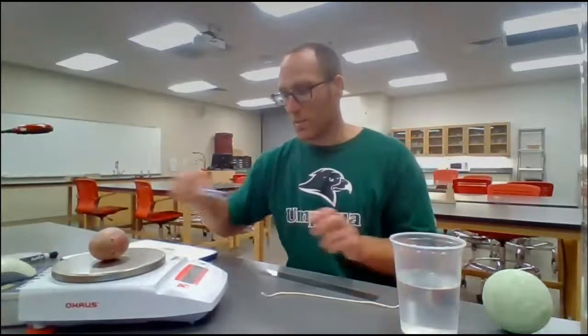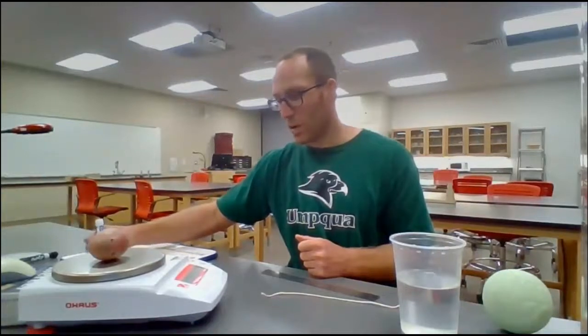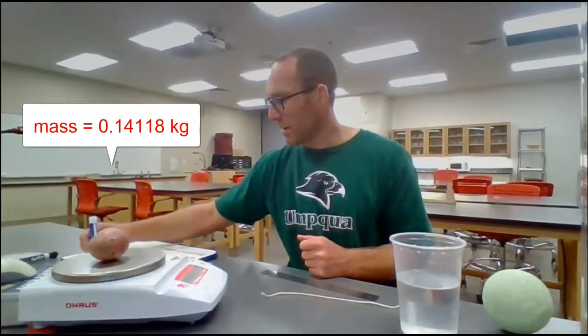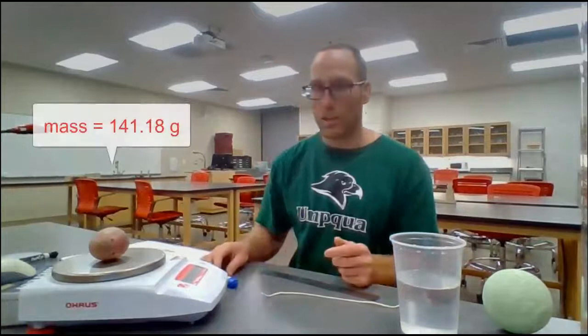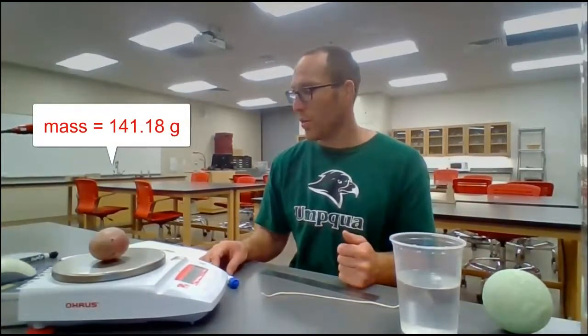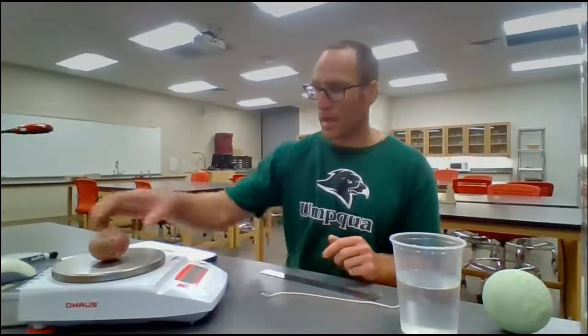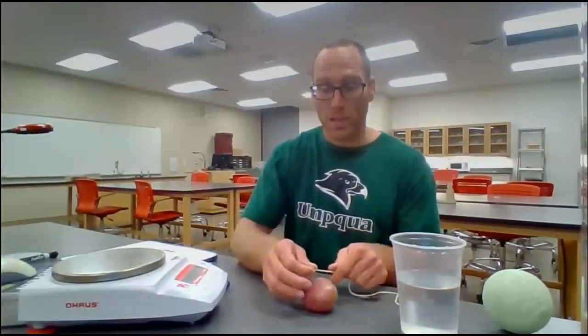The mass of the potato is 0.14118 kilograms. Alternatively, you could say 141.18 grams. We'll now determine the circumference of the potato, and then we will assume the potato is a sphere